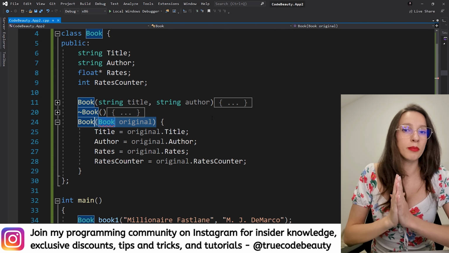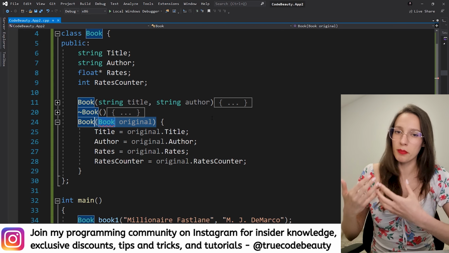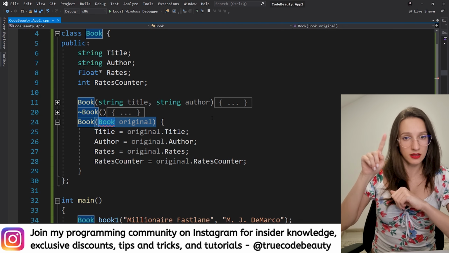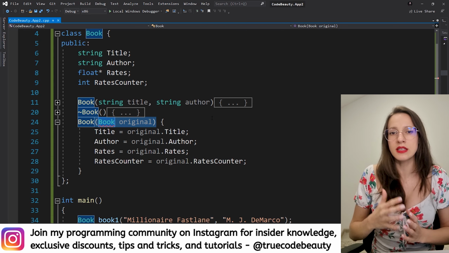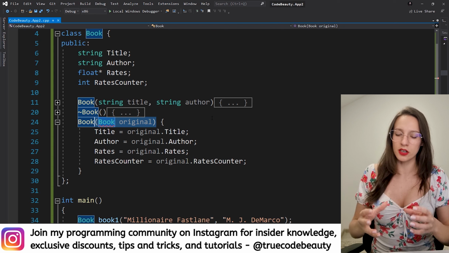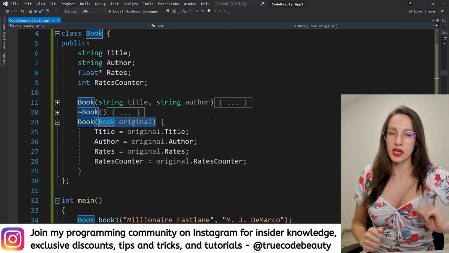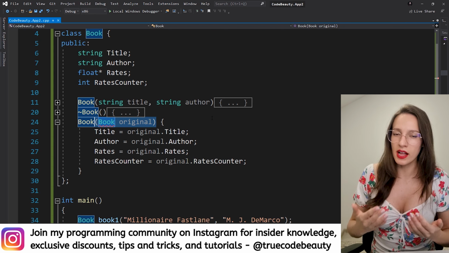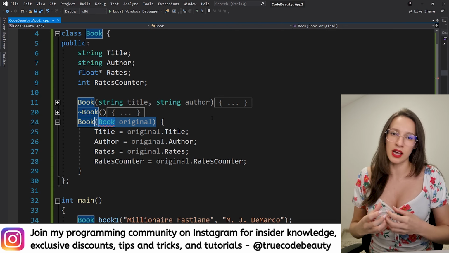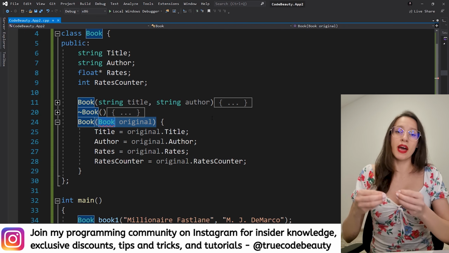So, as I said, you can pass an object by reference and you can pass it by value. If you are passing an object by reference, you have this little ampersand symbol, and it means that you are passing the original. So basically, your compiler is going to take the original object and pass it to another function. But if you are passing an object by value, then you don't have that ampersand symbol. And what your compiler does is that it makes a copy of that object and then it passes that copy